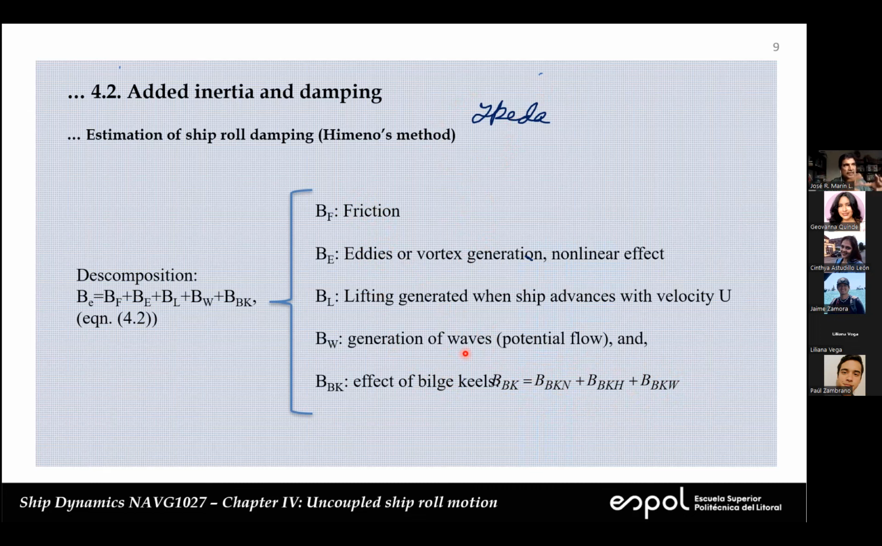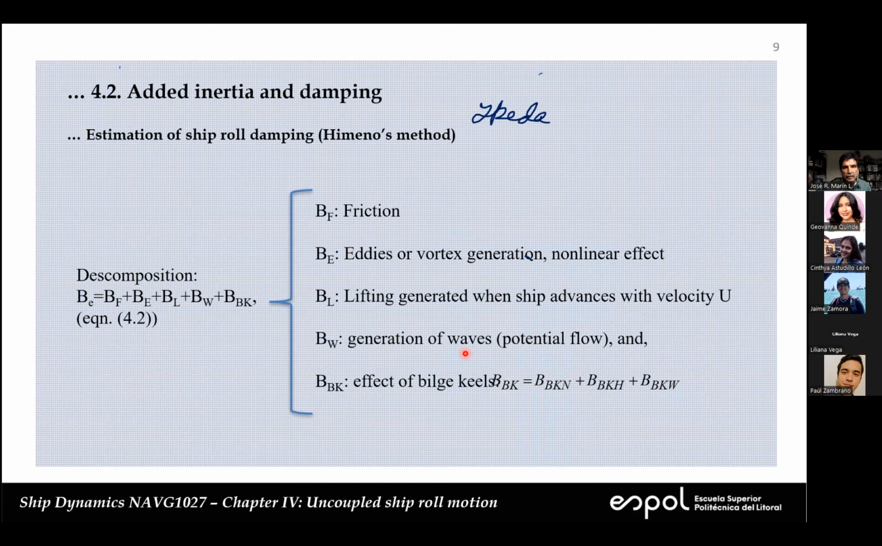One of these terms is the wave generation, and that wave generation could be calculated using potential flow. All the other terms depend on the viscosity. They are very complex to calculate using analytical procedures. We have to rely either on laboratory experiments or, lately, on the use of CFD. So let's see some details about these